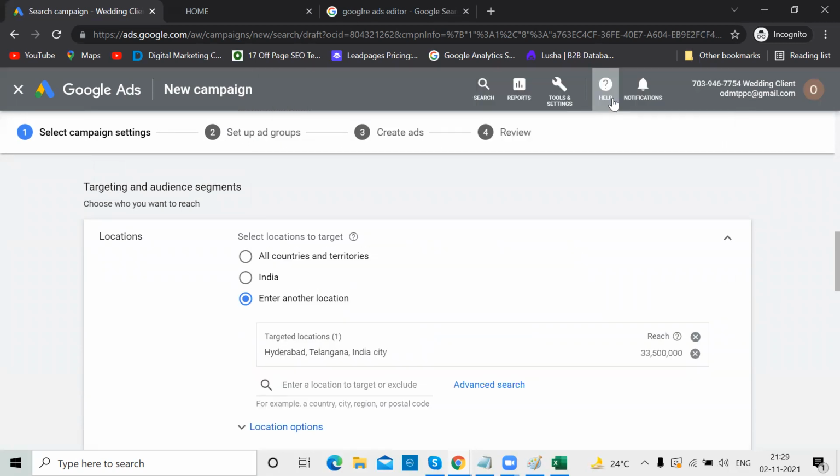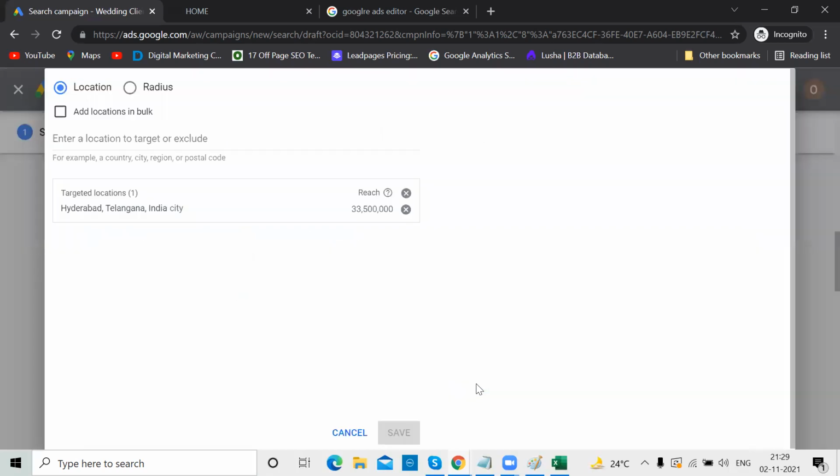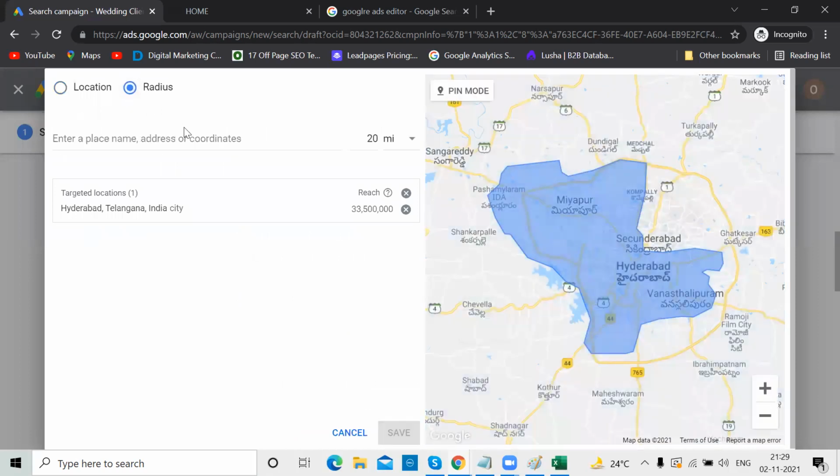I told you, if it is a startup company and you are in some place called Panjagutta, a person from 30 kilometers away will not come to you. He'll go to the nearest location. At that time, why are you showing your ad to everybody? The person who is 30 kilometers away will not come to you. In that case, go to advanced search. There is radius targeting based on your location. You can mention, maybe, 5 kilometers of your place.